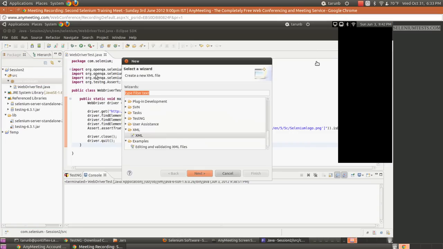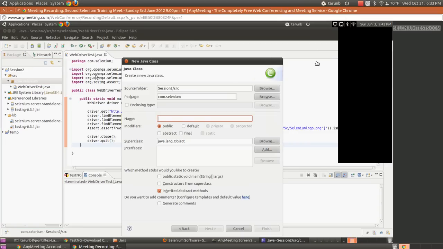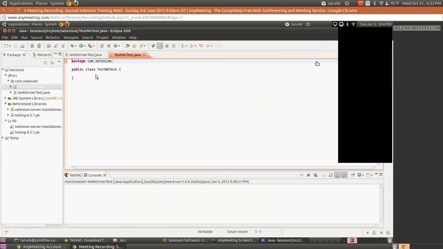Okay. So I'll create another class now. Yeah, so I'll name it as TestNG test. So we'll write some small test here, which does not do much. Say public void. Okay, we'll write two methods. Okay, print one and print two. So this is one method. So it will print in print one. That's all. Nothing more.